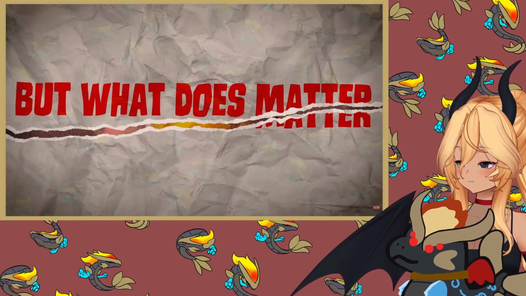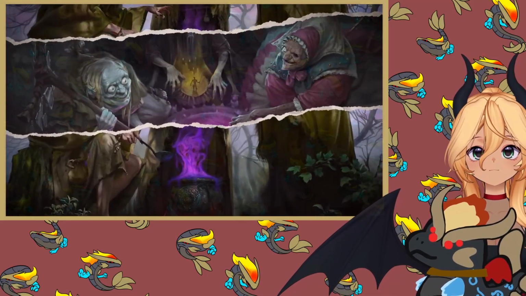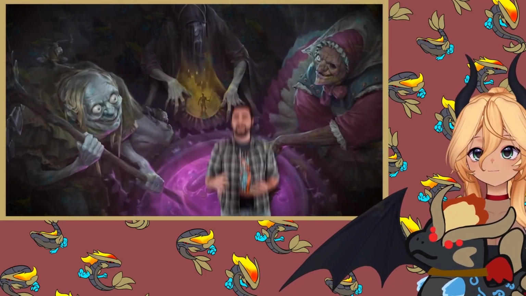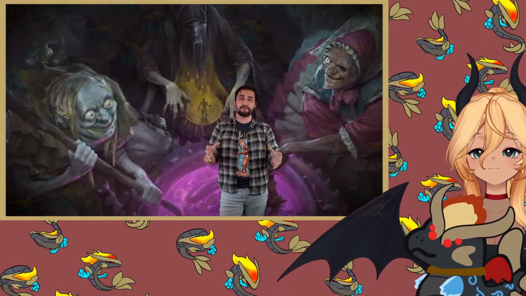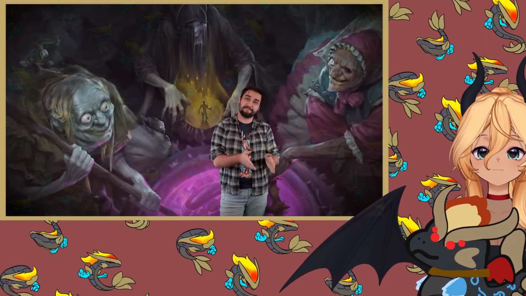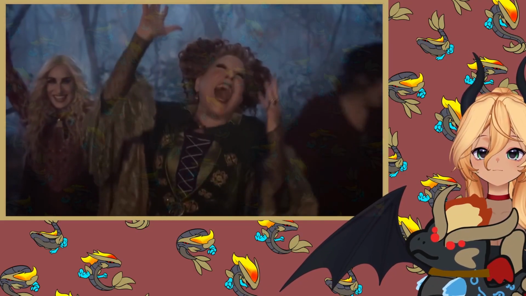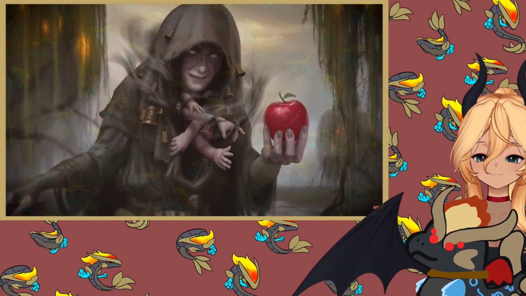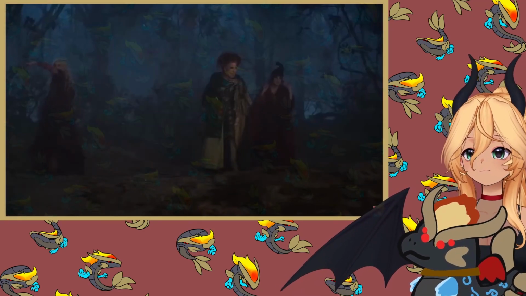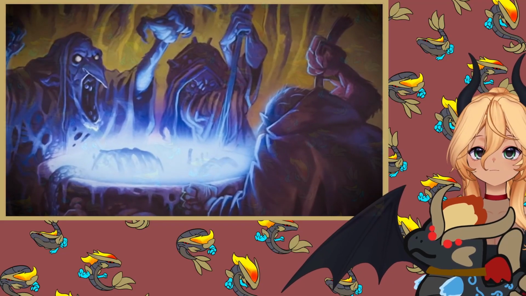But what does matter is that this particular dragon egg has found its way into the clutches of a coven of hags. Quick sidebar here, hags are a topic I could go on about at length, but in order to keep things short, concise, and relevant to this specific monster, a hag coven is essentially just a group of 3 hags that come together to cooperate. Individually, hags are very powerful and strange, but in covens of 3, they achieve a whole new level of arcane power and become much more dangerous.